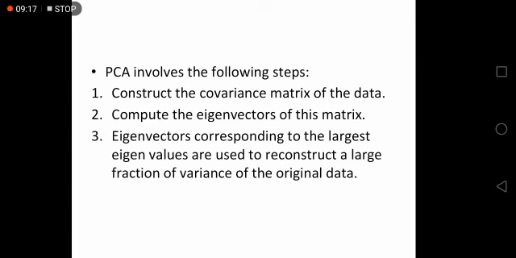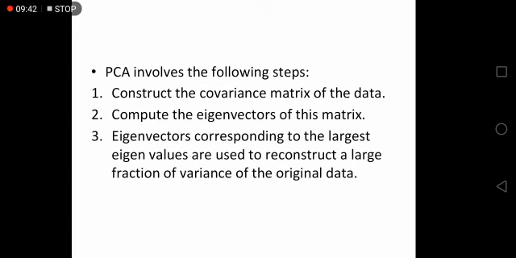It involves the following steps. Step 1, construct the covariance matrix of the data. Step 2, compute the eigenvectors of this matrix. Step 3, eigenvectors corresponding to the largest eigenvalues are used to reconstruct a large fraction of variance of the original data.